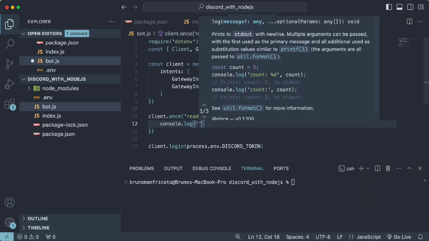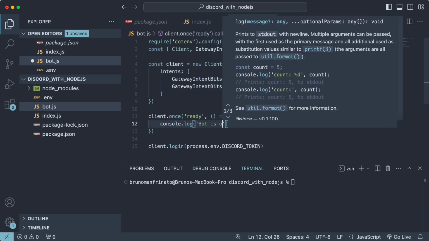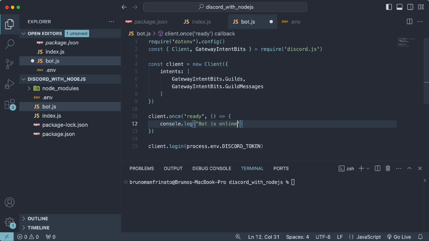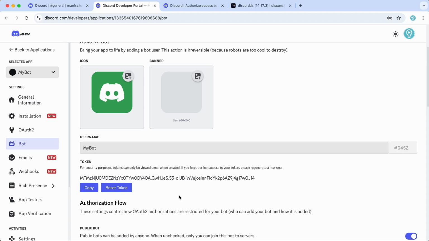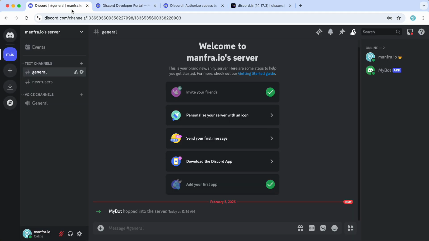And I'll add something like "bot is online." Now let's test this to see if the bot will be online. So back on the terminal, let's run the bot.js file by typing node bot.js, or just node bot. Hit enter. Great, it shows "bot is online" on the console, and if we check here on Discord, our bot is